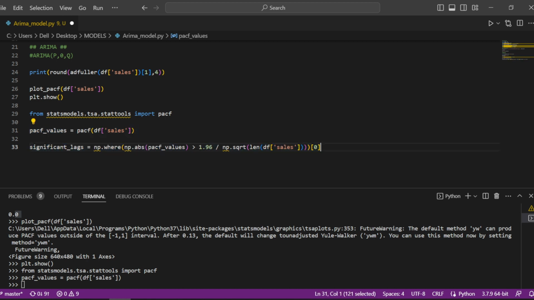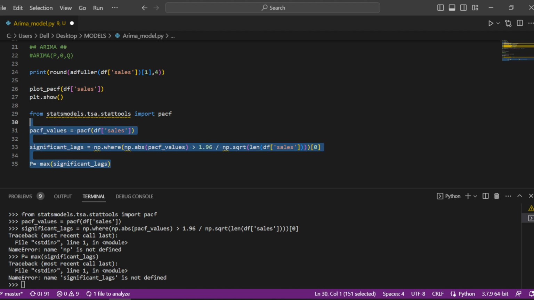We run the second one, and then we are going to have a maximum of 8 significant lags. So this is basically going to be our p value,